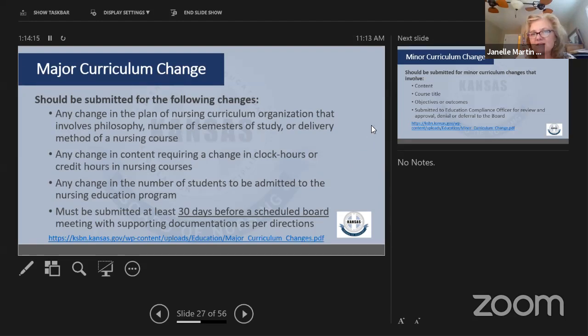I know some of the accreditation agencies have made 12/31 of this year kind of the end point. If you do anything different after that, they're requiring you to send changes. I think our board is continuing to be open-minded about the flexibility. But there's not flexibility on your documented clock hours and clinical hours. Those things need to stay, but we are not requiring the major curriculum change for temporary changes due to COVID. So thank you for asking. That's a great question, and we did get that confirmed. So I thank you for reminding me.